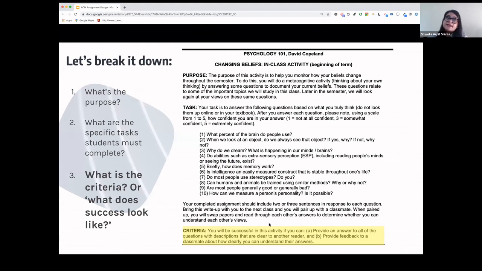If that is the case, then it may not be useful to dock points on, let's say, use of passive voice instead of active voice. Here, it will be more useful to give feedback and then look for those aspects in the next step of the assignment. So more often than not, we have some implicit criteria that we don't really specify in the assignment